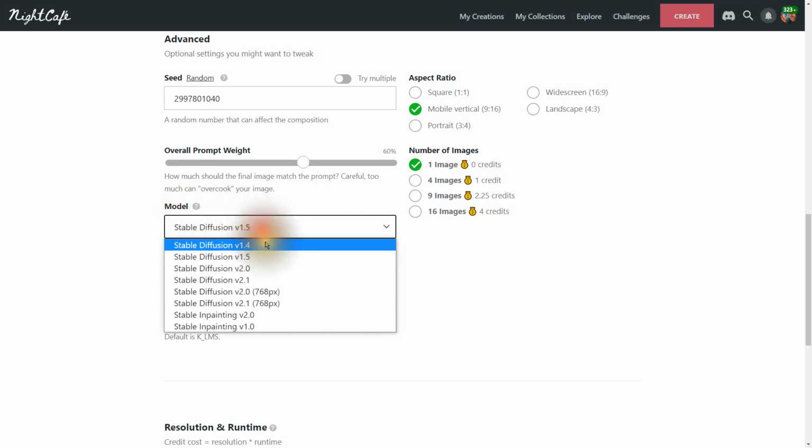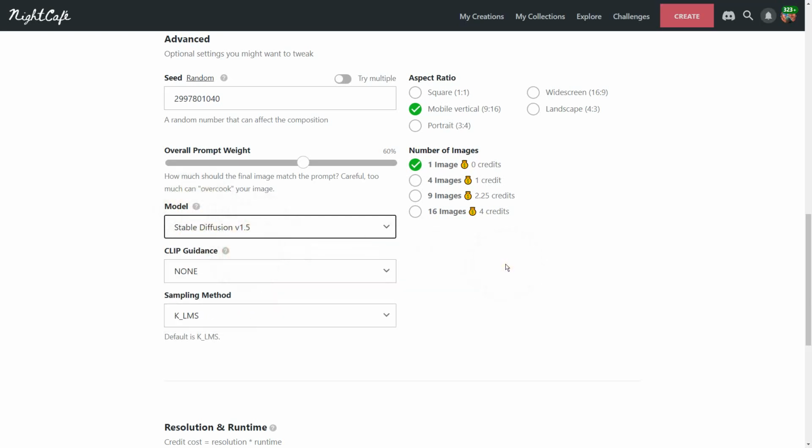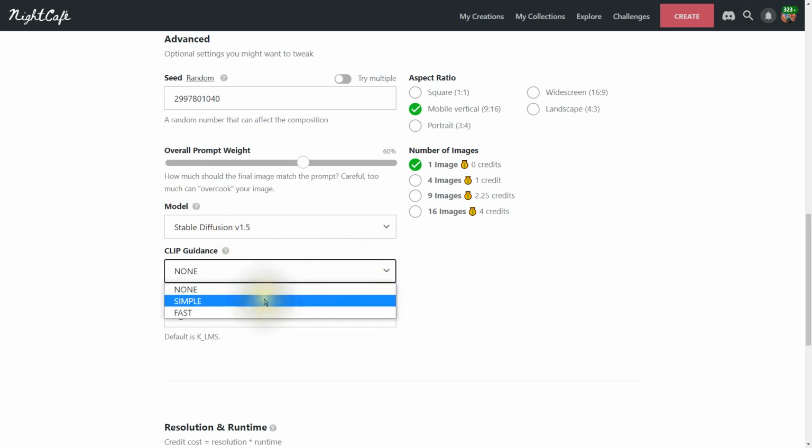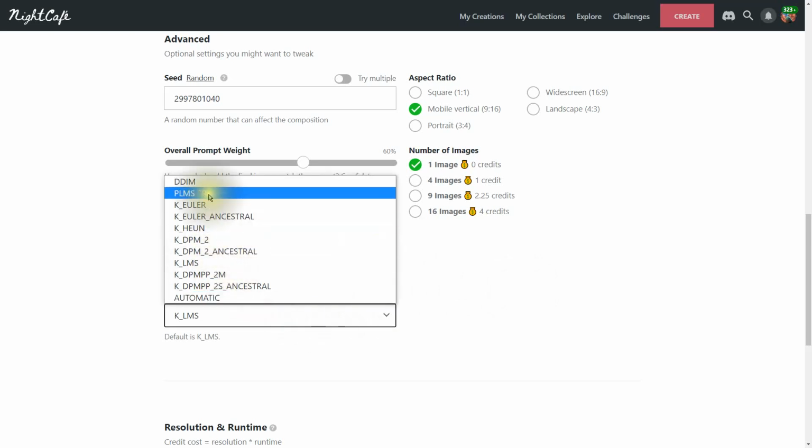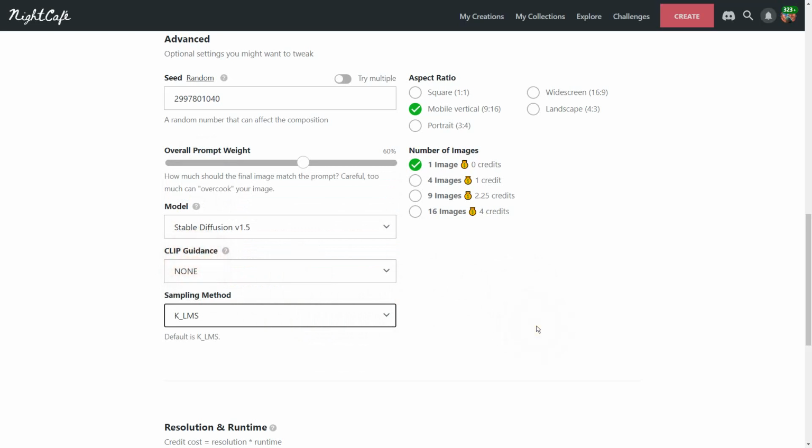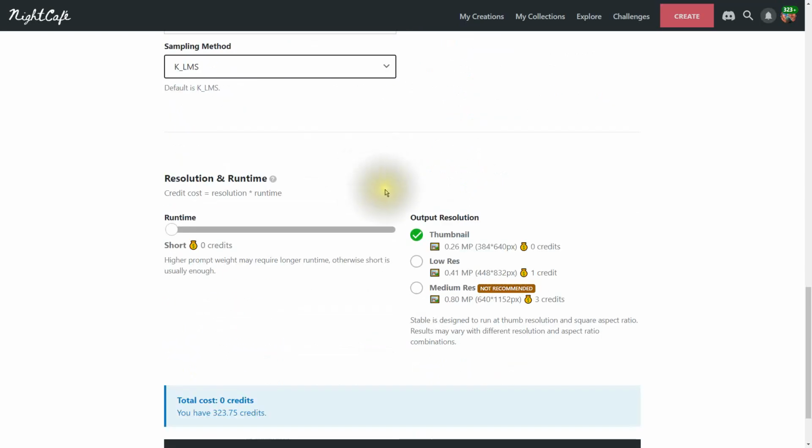I'm going to be using 1.5 for all these creations until later when I show you that change there. This is the clip guidance, and I'm going to be choosing none. I can change that as well. And then the sampling, there's so many different samplings, I'm going to be keeping it the same there, KLMS.